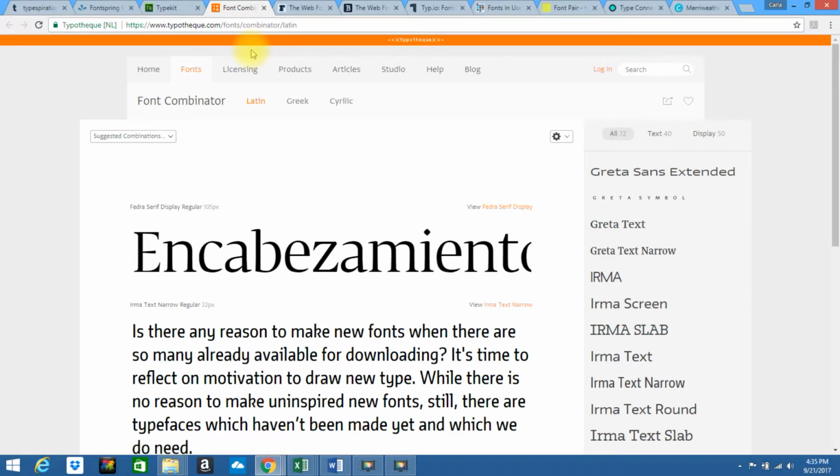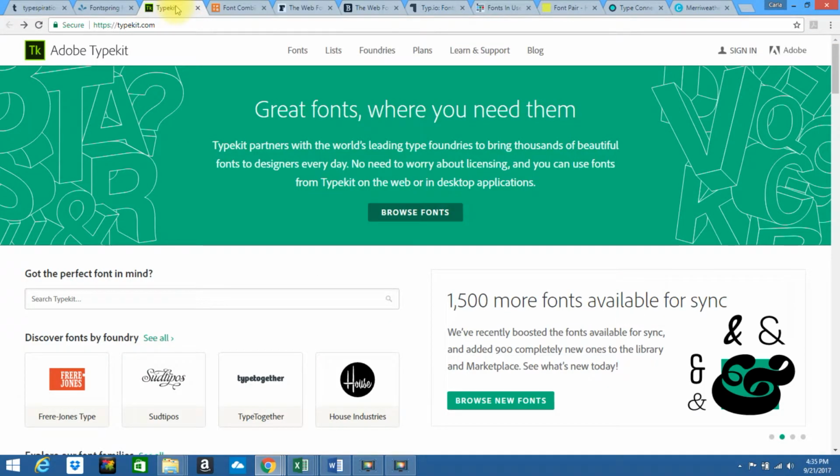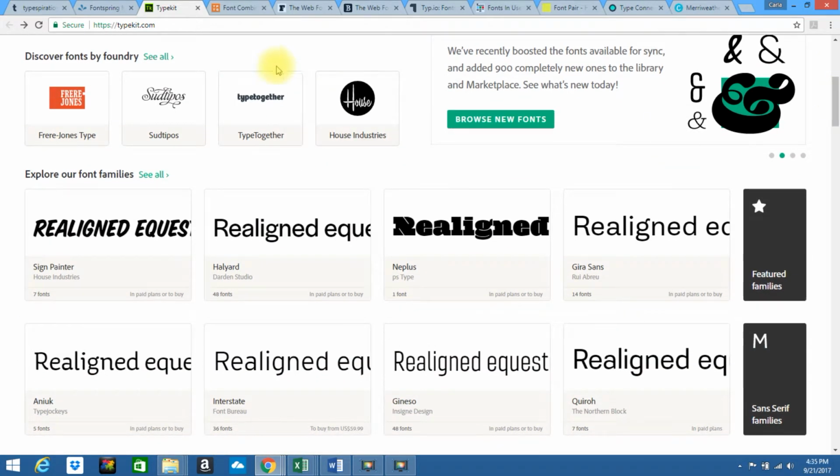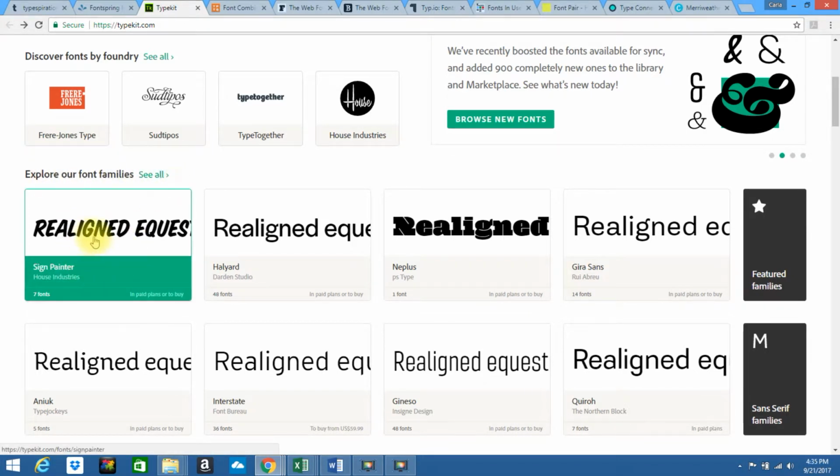Let's go to another site that I like to use. Typekit is a great site if you are just looking for some inspiration and you need to brainstorm through some font. Go ahead and just kind of look through it. You can discover fonts by Foundry. You can look through their font families. And you can see if you just go ahead and click on one,